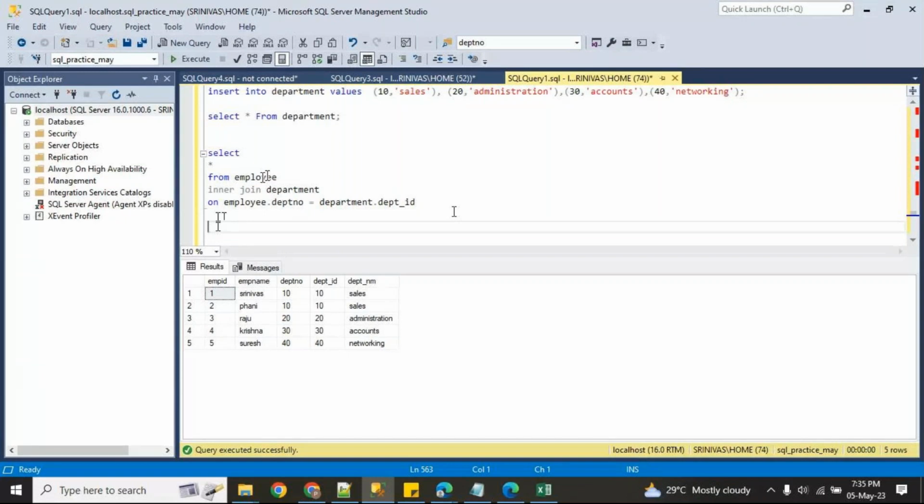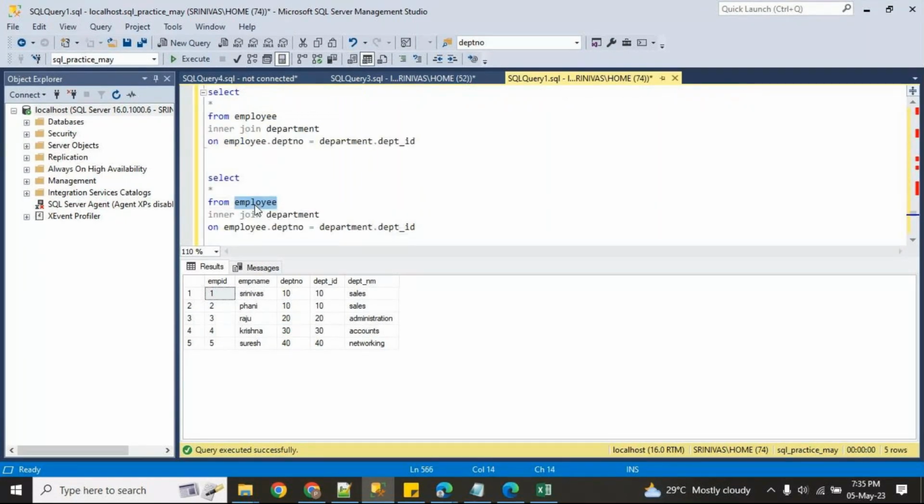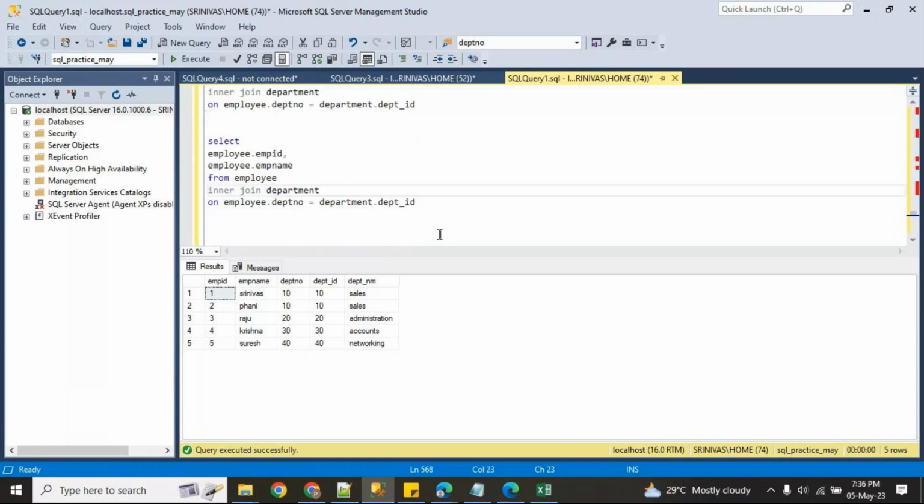Now the same output, what I am doing is employee dot star. So here only the employee table, for suppose here I can write like this. Now in this employee table, I want employee ID. In this employee table, I want employee name. Now observe the output.